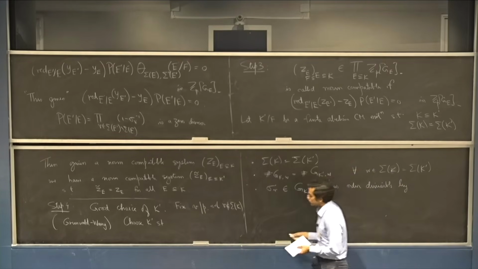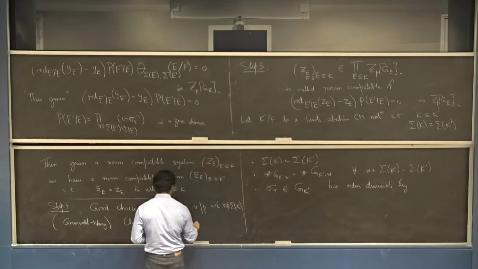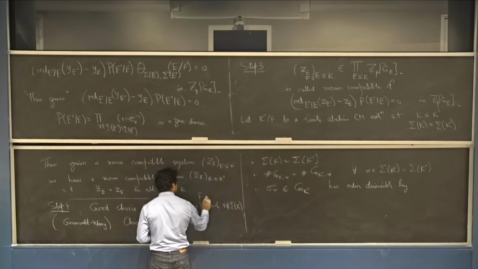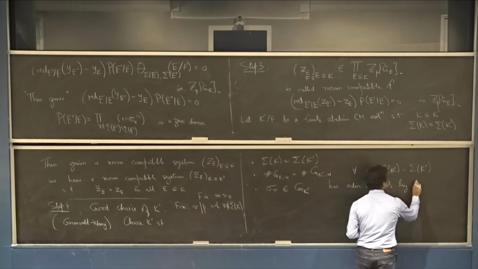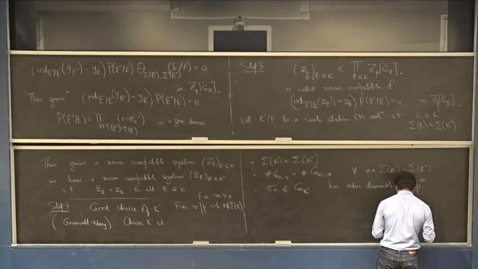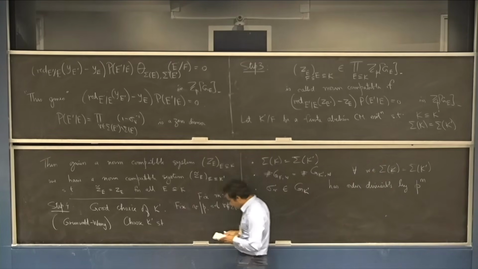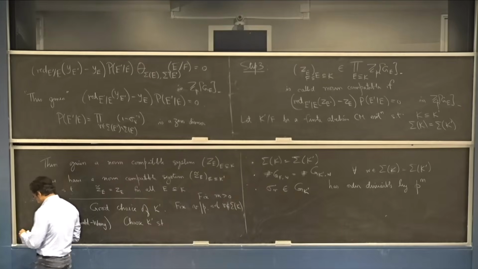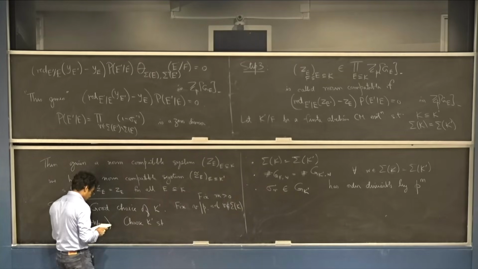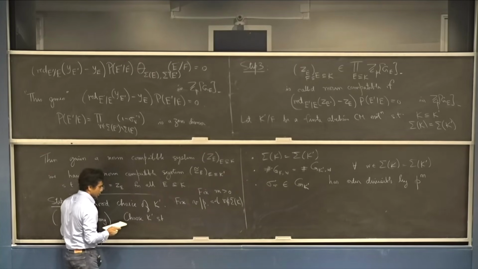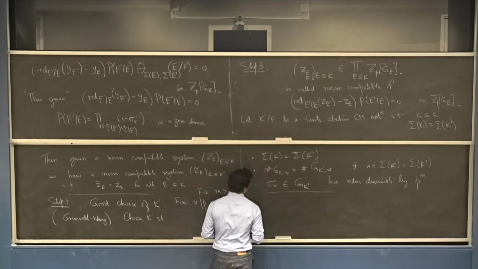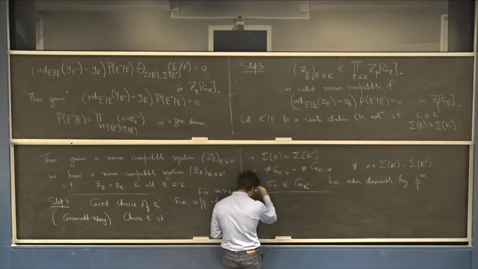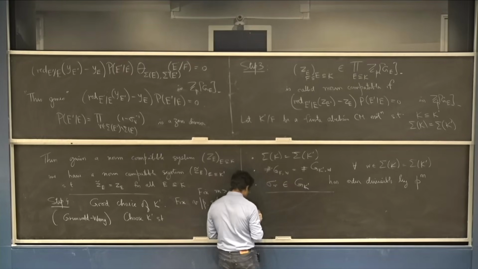So I should fix some large integer m. So this is divisible by p to the m. Okay, so I can make this choice of K prime. And yeah, so just to tell you what the idea is, what I have now is something like